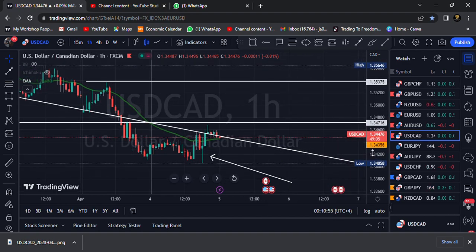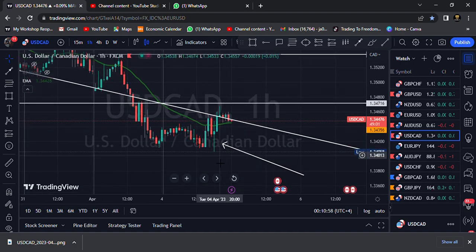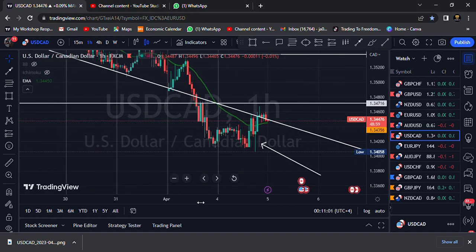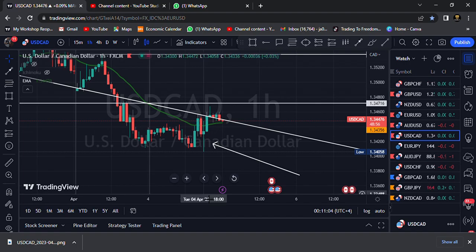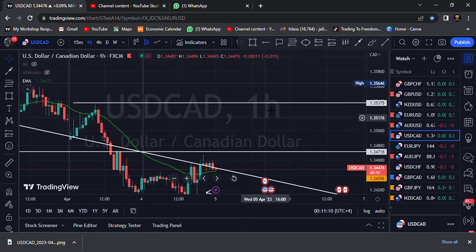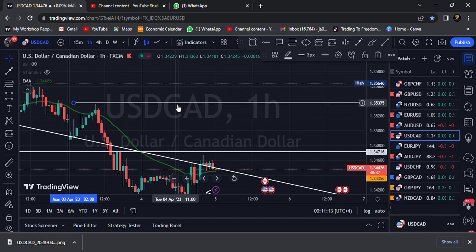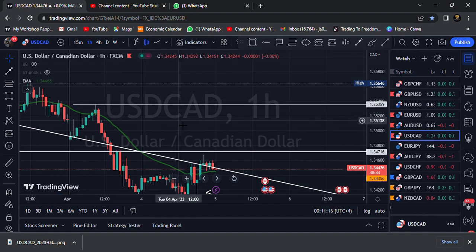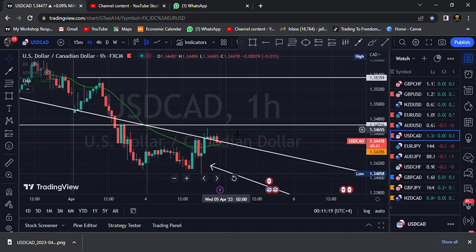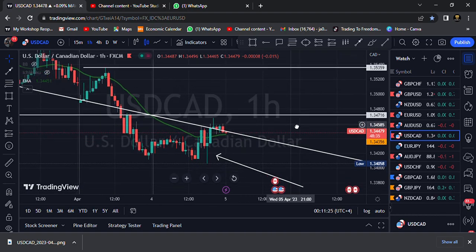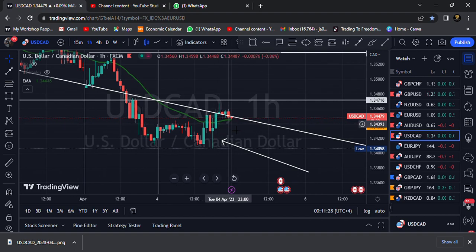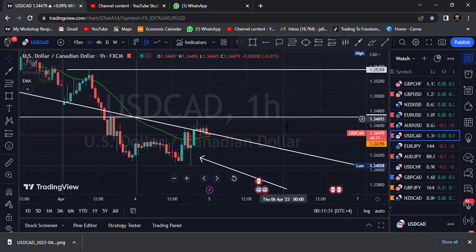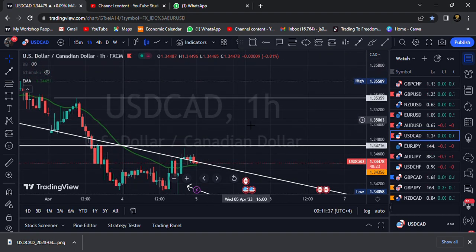So at this point, we just have to be patient, and I suggest for swing traders, you should buy at 4 hour. Or even if you want to buy at 1 hour, it should be above this level before we buy. It depends on how it's going to break this structure, this resistance, because already it's trying to trade above the moving average, but it still has to break this resistance because it's a main key level. If it breaks it, retests and gives us a signal, then buying